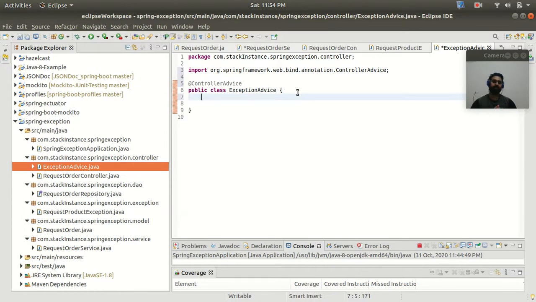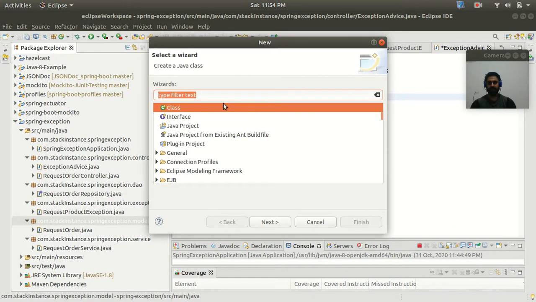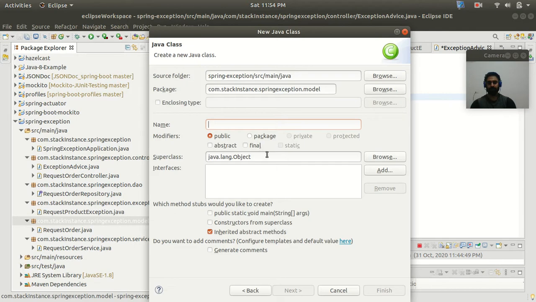All right, and now guys, I'm going to create one method. But before that, I'm going to write one model class, and here we need to provide some error code or error message also. So for that, I will create a model class inside my model package. Let's go to the model package, and here let's create one class to assign the error code or the error message for our exception. Let's keep the name as ProductError.